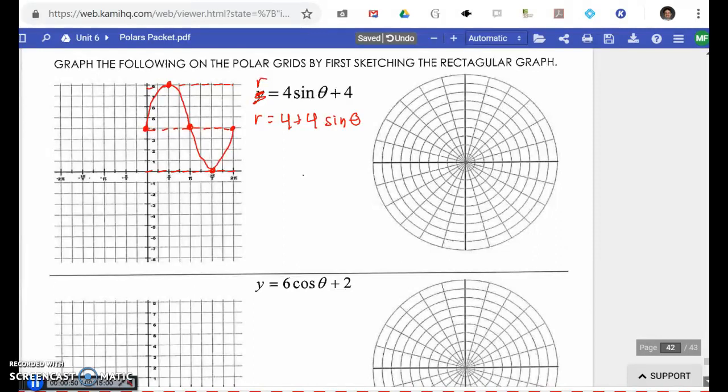So let's plot points on the polar graph then. At 0 radians we should be at 1, 2, 3, 4. At pi over 2 we should be at 8, 10, 9, 8. At pi we should be at 4 again, 1, 2, 3, 4. And then at 3 pi over 2 we should be at 0, and then finally at 2 pi we should